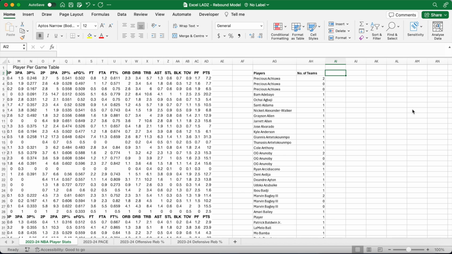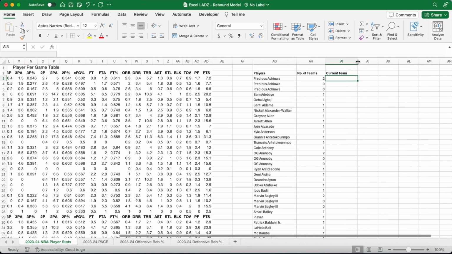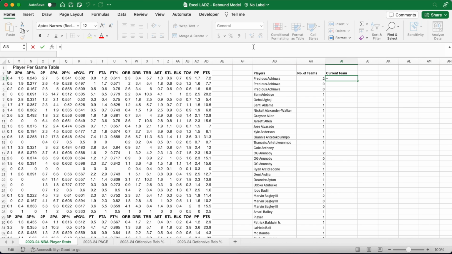In AI2, put the column header current team, and then in this column I'll return what team each player in column AG is currently on. If the stat for that row was for another team, then I'm going to return the text ignore. So the formula for that is equals if error, open bracket, I'm going to put in an if function, and I'm going to say if